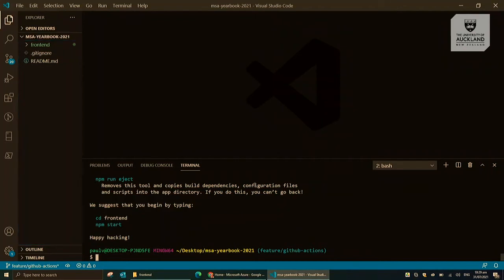Sweet, so that's all done. So now we have this front-end React application, a base project. What we could do is